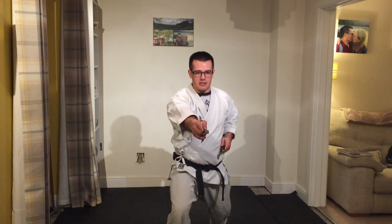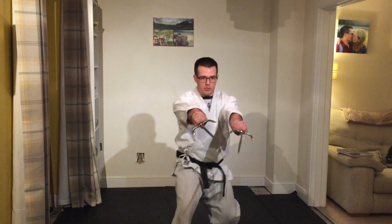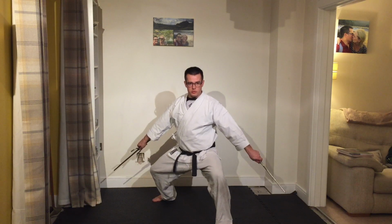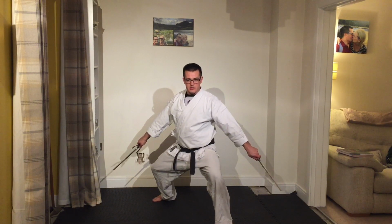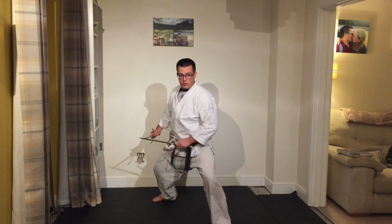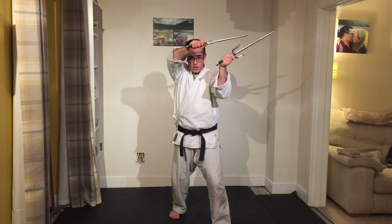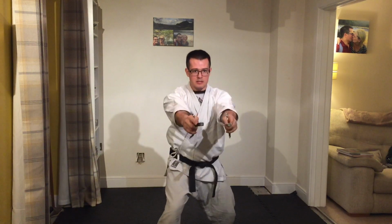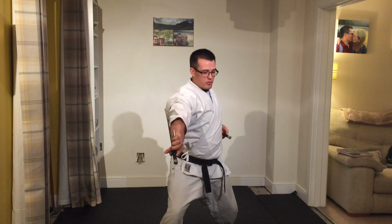So from where we began this initial section, we come through and back, making sure that you've got good posture, good stance, rooted in shikodachi. Tips touch, but backhand remains forward. Come up, offset with that left hand. So this is pulling into the bow at this point. Forward, make sure the tips are in, pull, sink, push out, prime the hip, and then release, making sure that